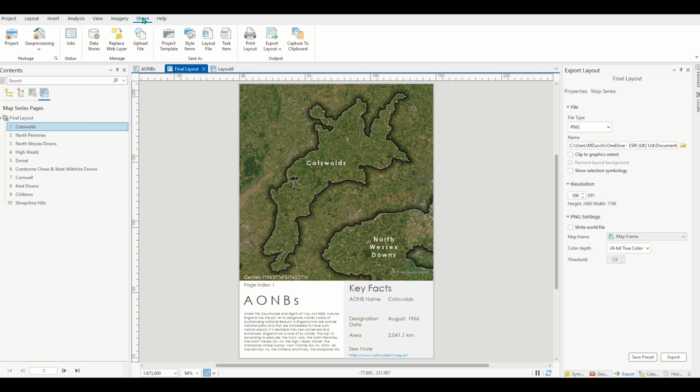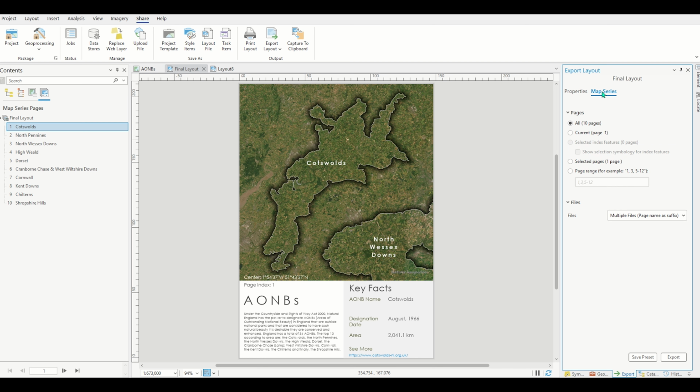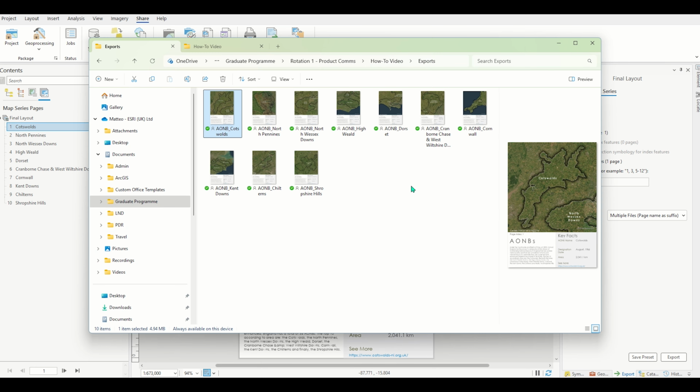It's really easy to share this information just as any map by printing it or exporting it to your computer. Once you ensure that you have a file location that you're happy with, you can simply click Map Series to have your options. I'd like, in my case, to print all of my maps, and I'd like a separate file for each. So I'm going to stick with the multiple files option. Once we export these, we'll have a series of 10 maps that we can then share as we wish,